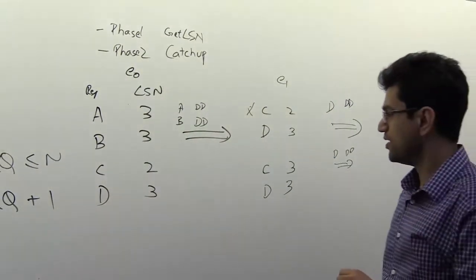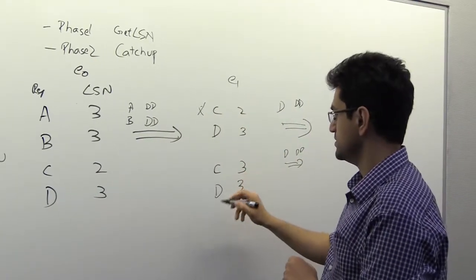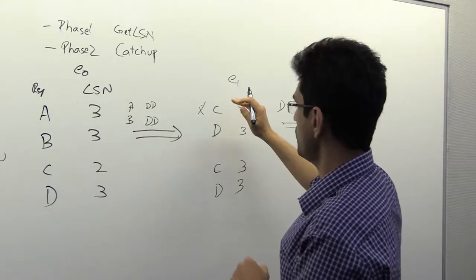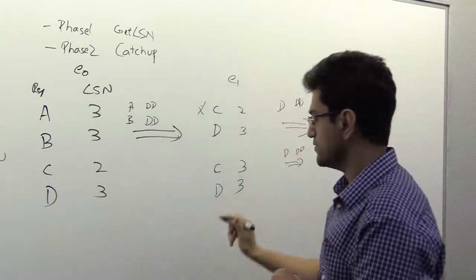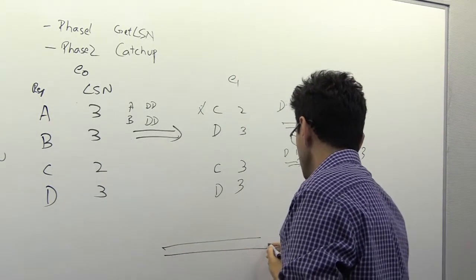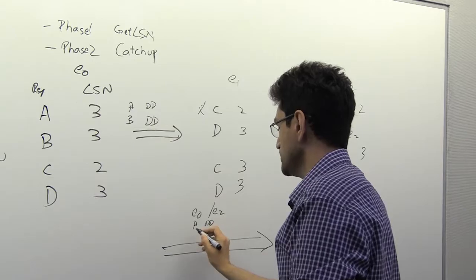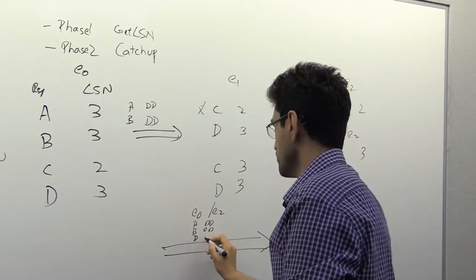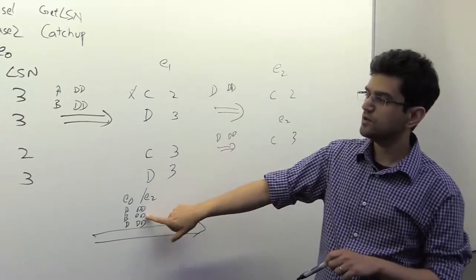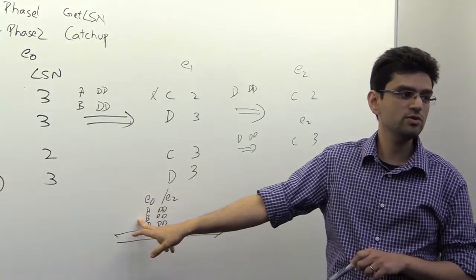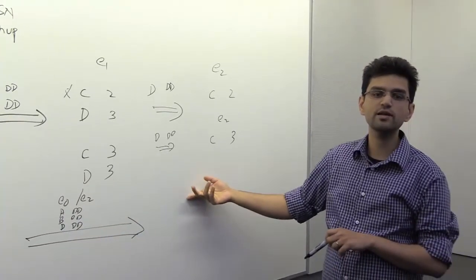So now let's say we are in catch-up, and we haven't completed catch-up yet, and at that point, D gets dropped. At that point, E1 never actually completed. So the reconfiguration that's going to actually happen will happen from E0 to E2. And at that point, A is dropped, B is dropped, and D is dropped. So we're going to see that out of a replica set size of 4 in E0, you don't have a read quorum, 2 replicas up. So now Windows Fabric is going to declare data loss.